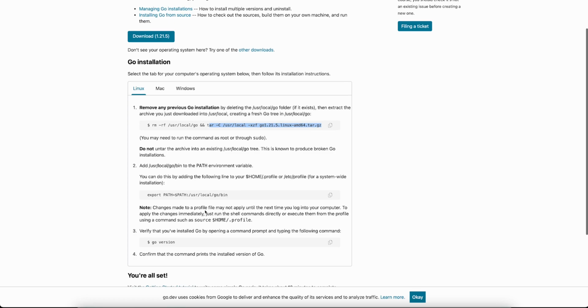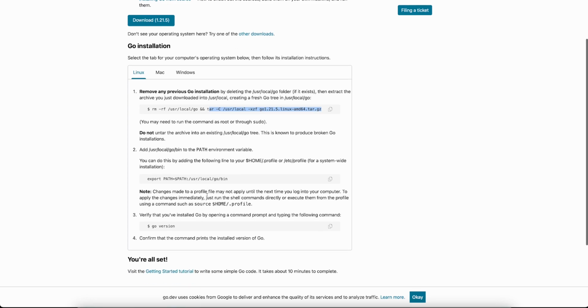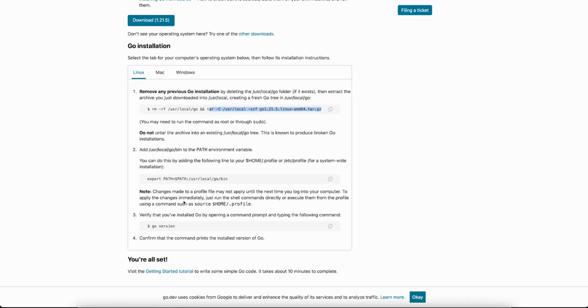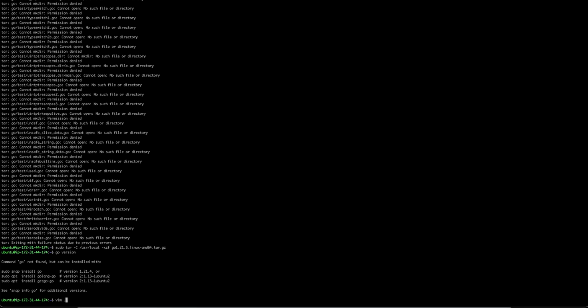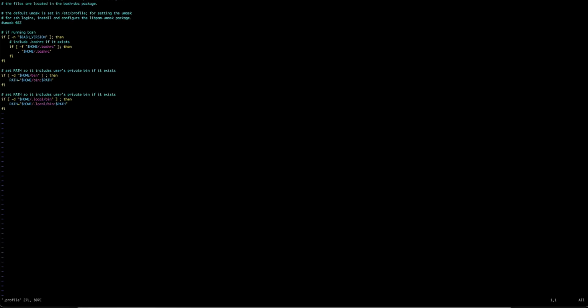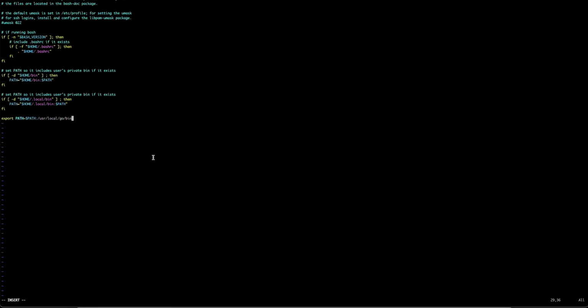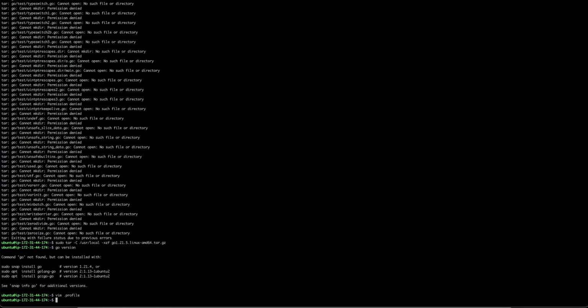So you will have to make sure that Go is exported in the path. Otherwise, just like that, you will see that Go can't be found. So we're just going to quickly hop into Vim here, edit the profile to export the Go binary in the path. So we'll just insert the export command here, write that file back, and then we will source it to